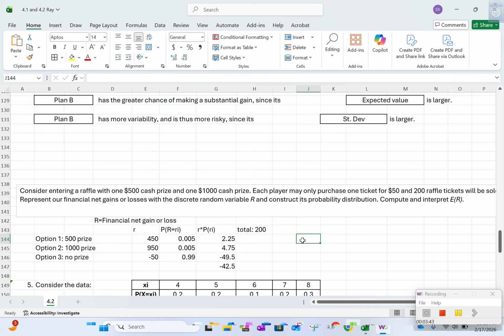The expected value of the raffle is a loss of